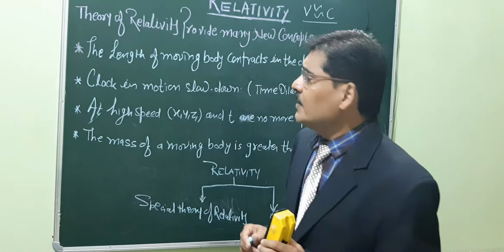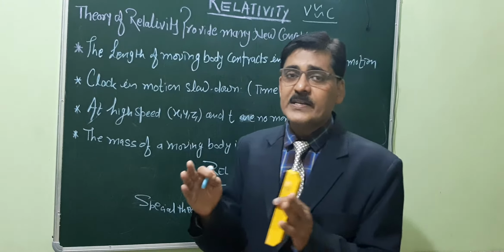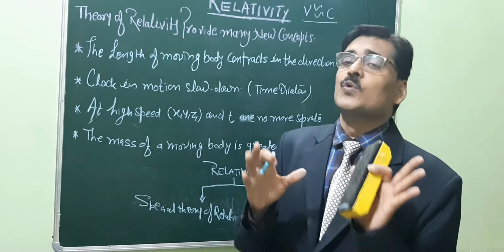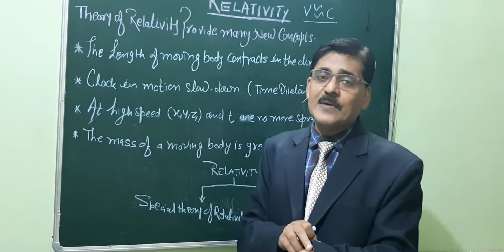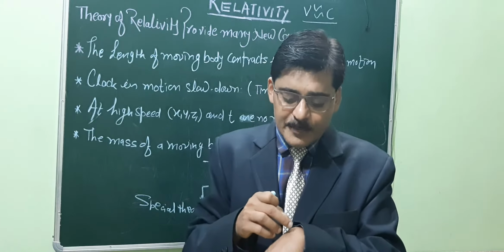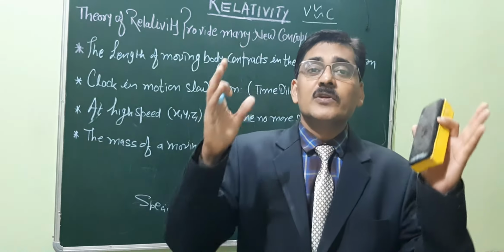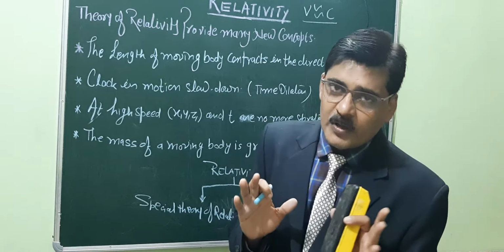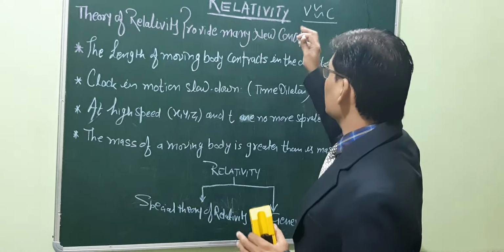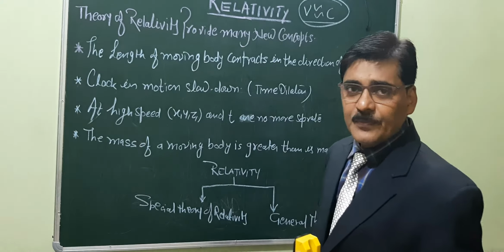But what does classical mechanics say? As per the assumption of classical mechanics, everything in this universe is absolute. Even time is absolute, the flow of time is absolute. Suppose the time here is 9 o'clock. As per classical mechanics, all over the universe the time will be 9 o'clock, which is absolutely wrong. But when we discuss high energy physics, where V is near about C,